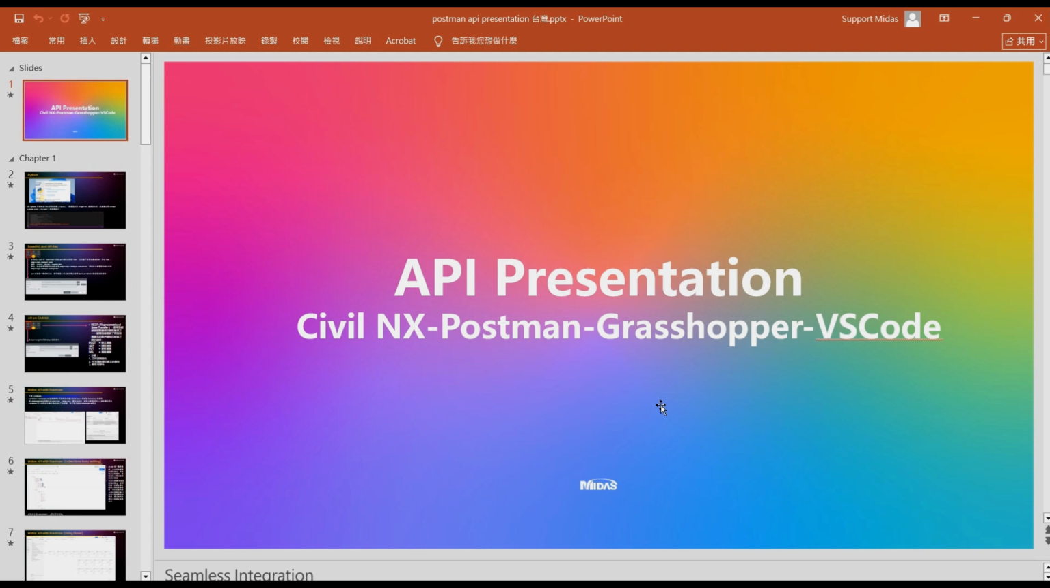Hello. So today we are going to have a presentation of API. So this API is the connection between the Civil NX, Postman, Grasshopper, and Visual Studio Code. This API can get the request from one application. So this will be either Postman, Grasshopper, or VS Code as the input, and the processor will be the Civil